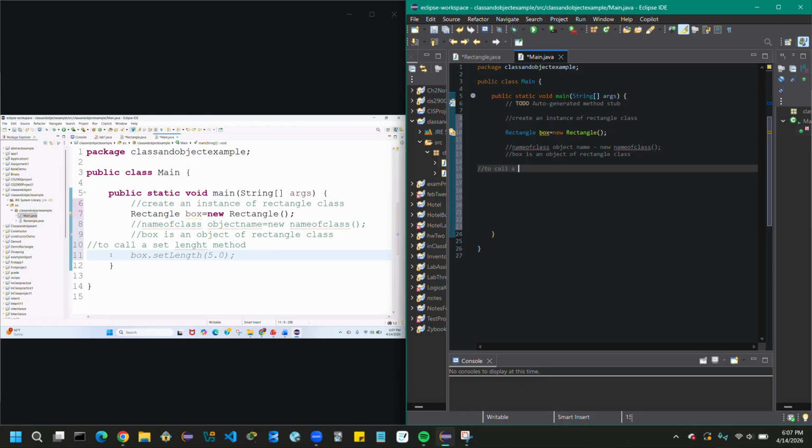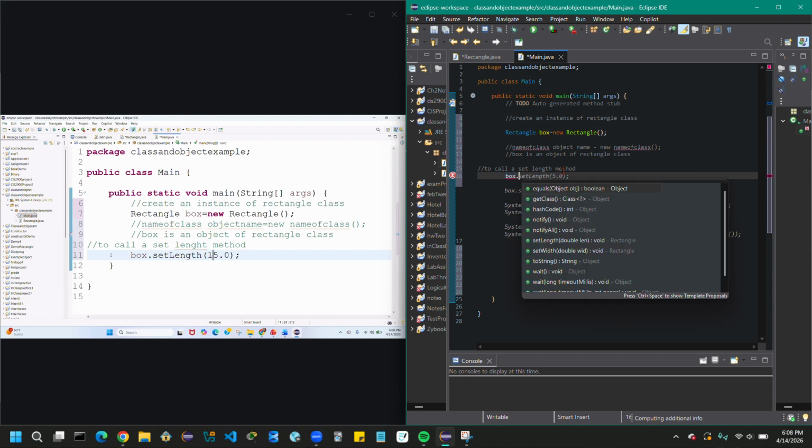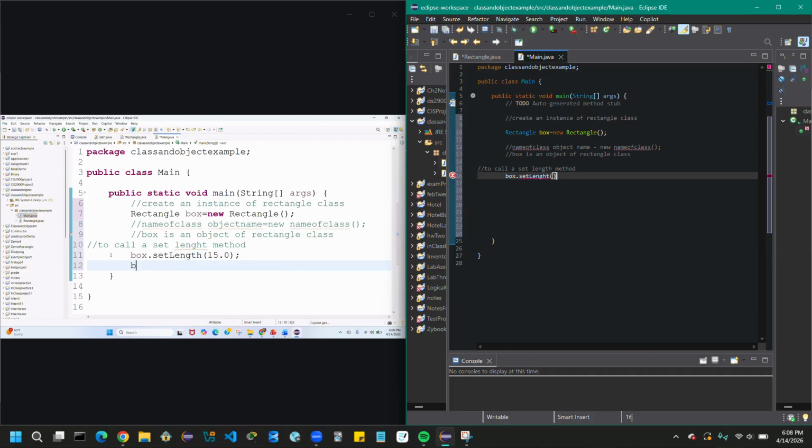Whenever you call, you use the name of the object, period, the name of the method, followed by the value. The value could be 10, 15, whatever value you want to write. Then you call box.setWidth(10).